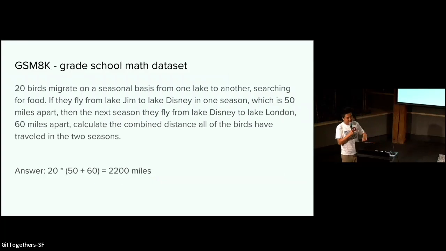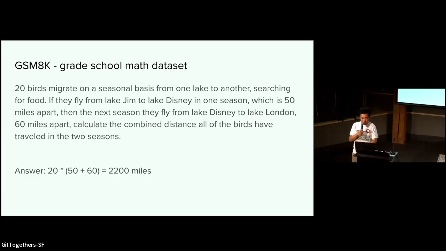So the next task I want to talk about is a data set called GSM8K. It's a very famous data set for grade school math. All the questions are essentially textual math questions, and the questions themselves are very easy, and the answers are supposed to be a short integer. Here, the first question says 20 birds migrate from one lake to another in 2 seasons: 50 miles for the first travel and then 60 miles for the second travel. And the correct way to calculate the combined distance is to add 50 to 60 first and then